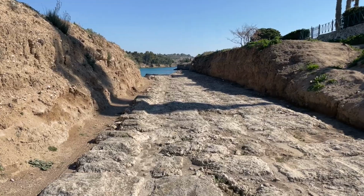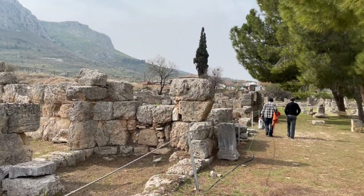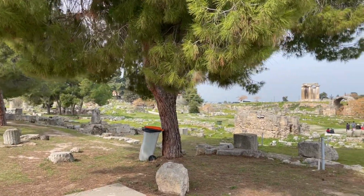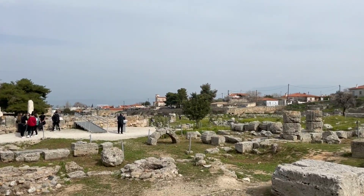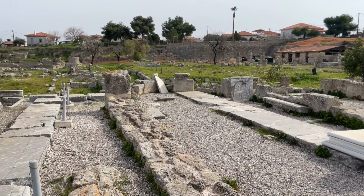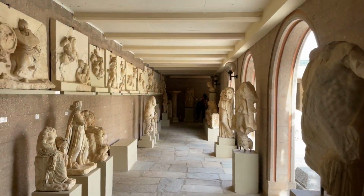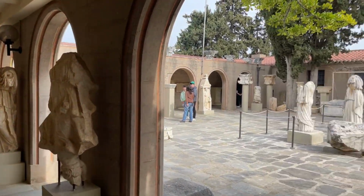But then 10 minutes down the road, you come to ancient Corinth. This is the city-state of Corinth, and this for me is the main reason for coming to Corinth itself. It's fantastic. What's here now is mainly a Roman city, because the Hellenic city was destroyed in something like 146 BC by a major earthquake, but the Romans rebuilt it, and we see the remains of that now, and it's a place teeming with history. The museum's fantastic, the site's relatively large and easy to explore, and you can have a good 2 or 3